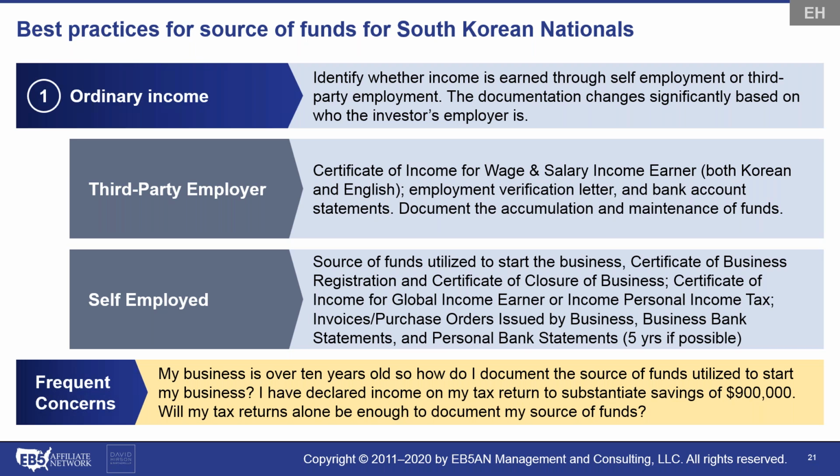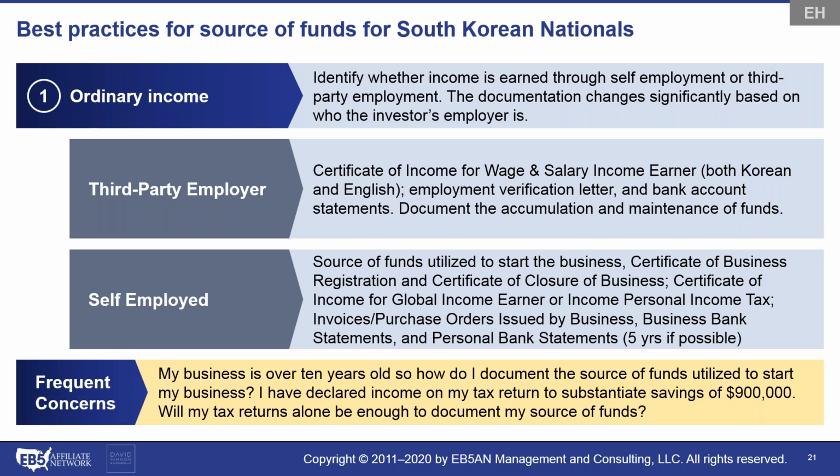So for the self-employed business owners, in addition to certificate of income and employment verification letters, you would have to prepare the certificate of business registration and certificate of closure of business. Even for business owners, the tax documentation would conveniently reflect the opening and closure of the business. So all you have to do is literally print out those certificates showing that you opened the business and you closed the business. It'll show the dates of grand opening and dates of closure,